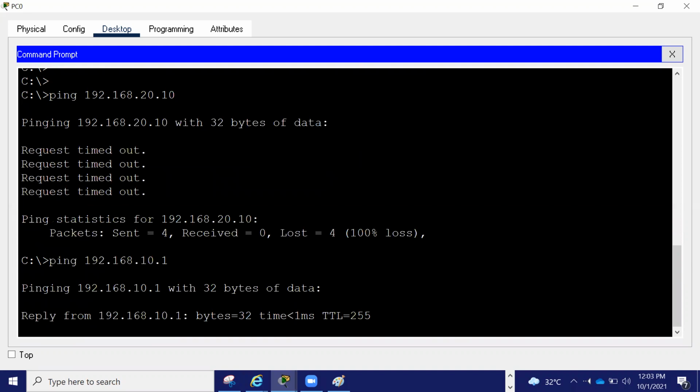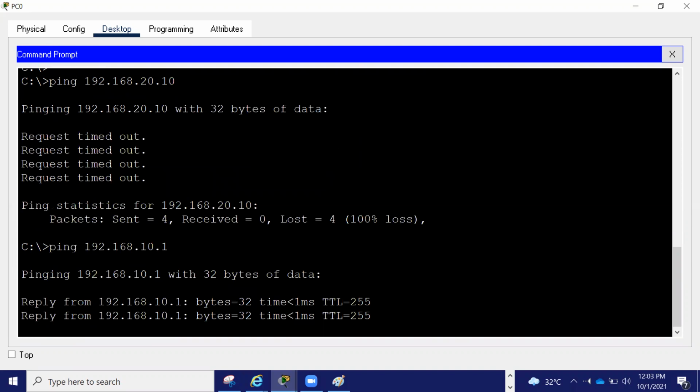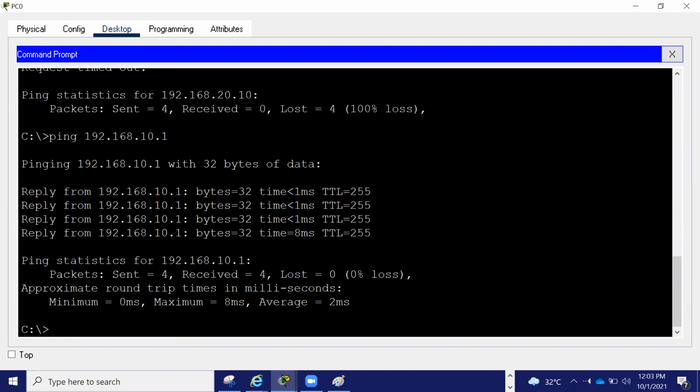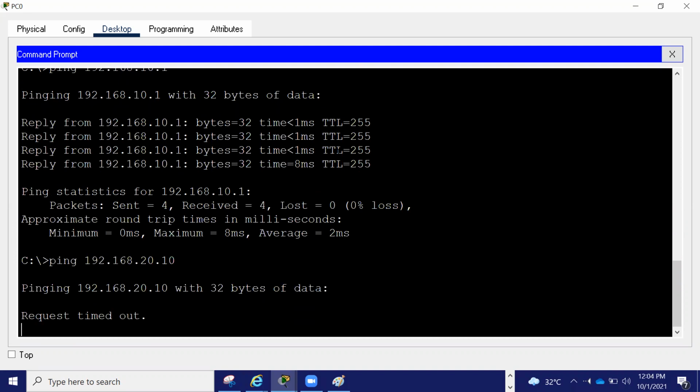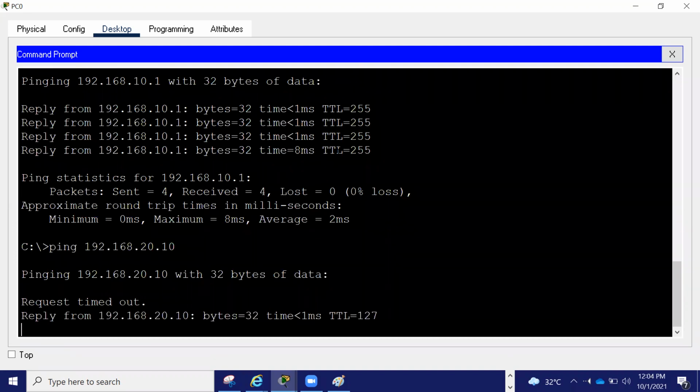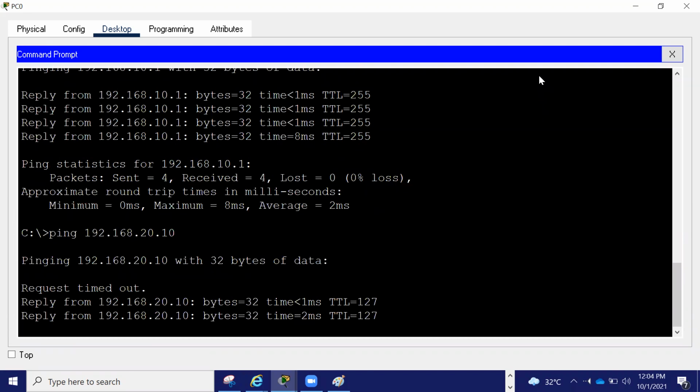Can you ping? Yes, you are pinging the gateway. Next, can you ping another machine in another VLAN via the gateway? Yes, you can ping the other machine.